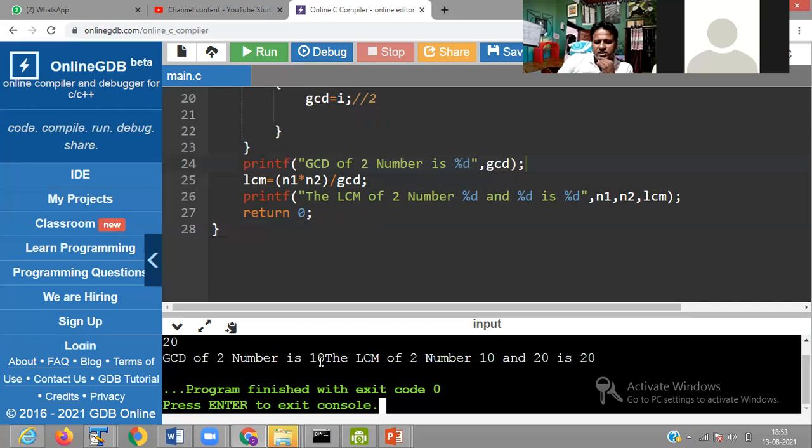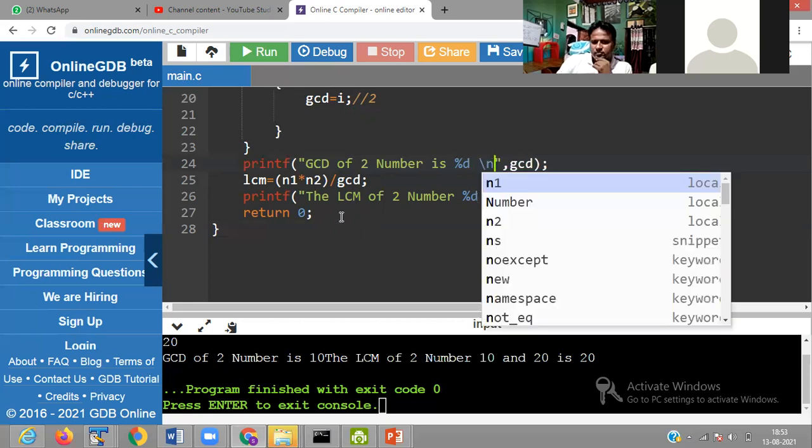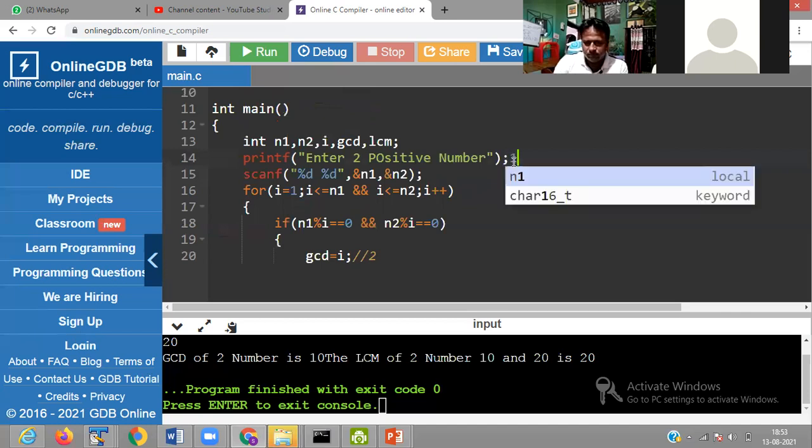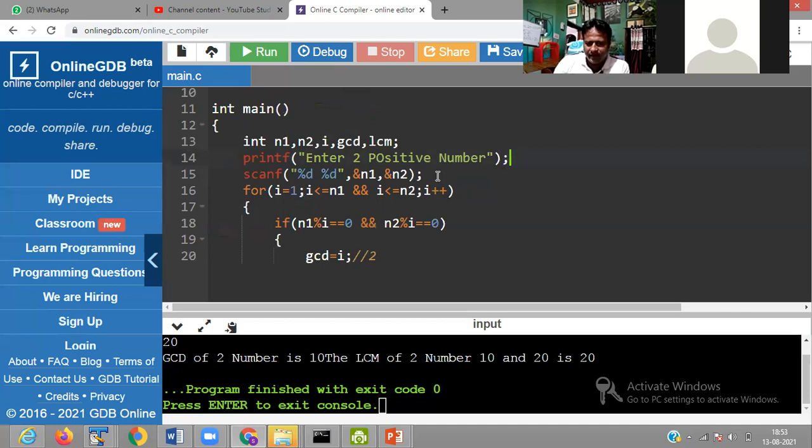GCD of 2 number is 10, LCM of 2 number is 20. Okay, so I define here \n. Suppose I pass 2 positive numbers, 10 and 20. So I define here.